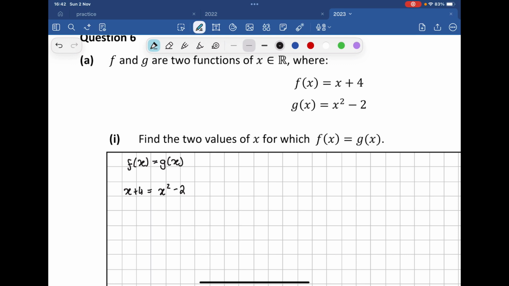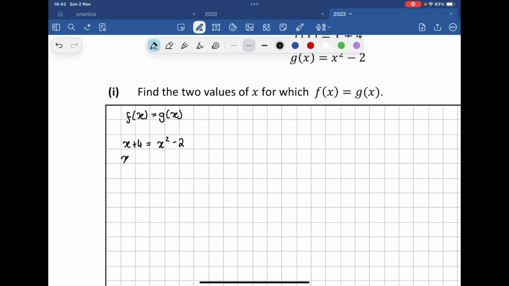So we're going to bring all of our variables over to one side. I like to keep the x squared positive, so I'm going to bring these two over the equal sign. x squared minus 2 minus x minus 4, which if we simplify, we get x squared minus x minus 6